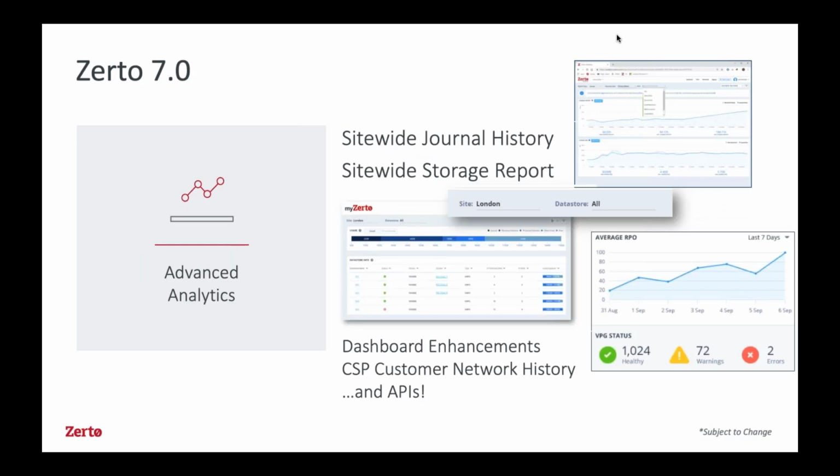And as we go into advanced analytics, you'll start seeing it as soon as now. If you go into Zerto Analytics by going into the My Zerto portal and selecting the tab that says Analytics, you'll see site-wide journal history, storage reporting. All of this you'll start to see. Dashboard enhancements are also coming to give you a better look and feel, as I mentioned, to tie that back into what we're doing on site. So you'll have very little